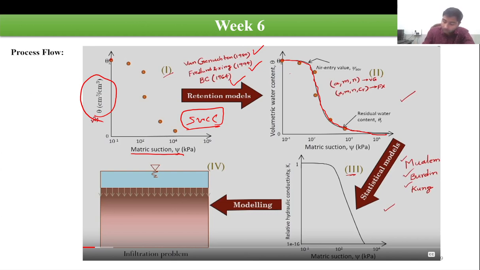Okay, these curves have several fitting parameters which we need to optimize. Like here it is shown that in the Van Genuchten model we have a, m, and n. In the Fredlund and Xing model we have a, m, and n. Apart from that, we also have Cr, that is a correction factor. These parameters need to be optimized to obtain a better fit, a curve which best represents the experimental data, right? So for that, the optimization part,